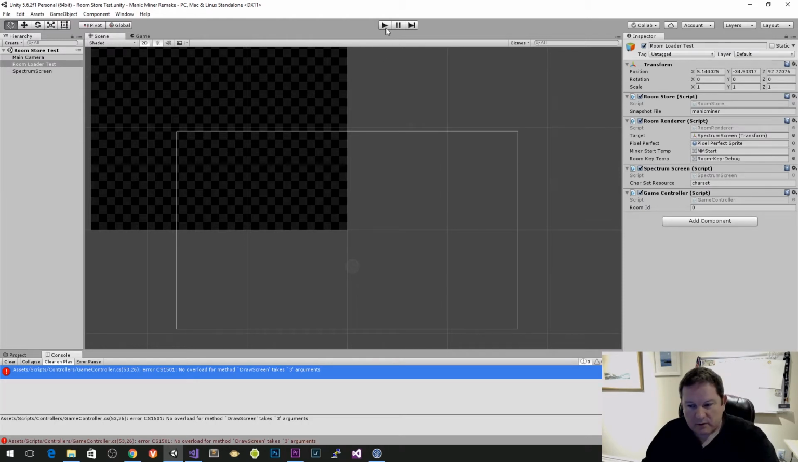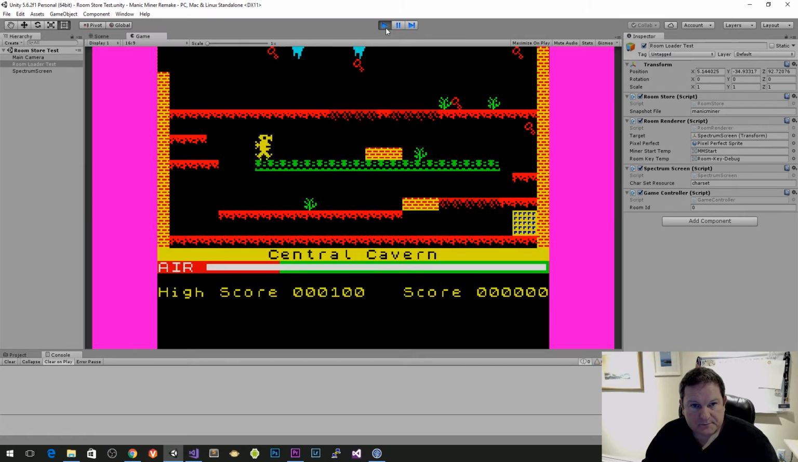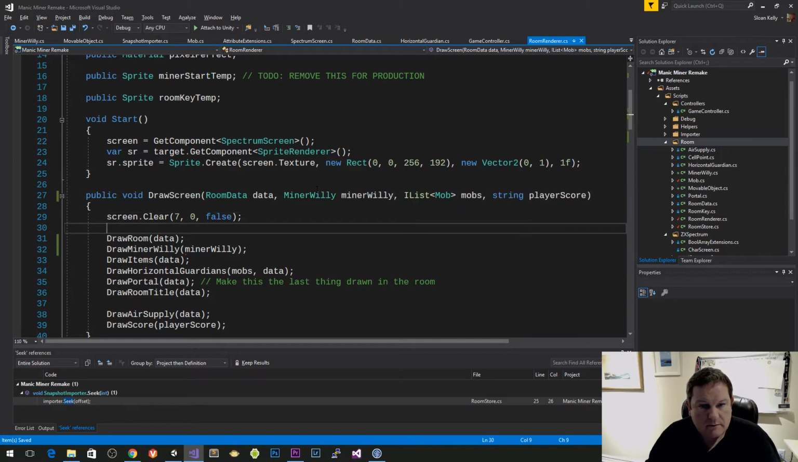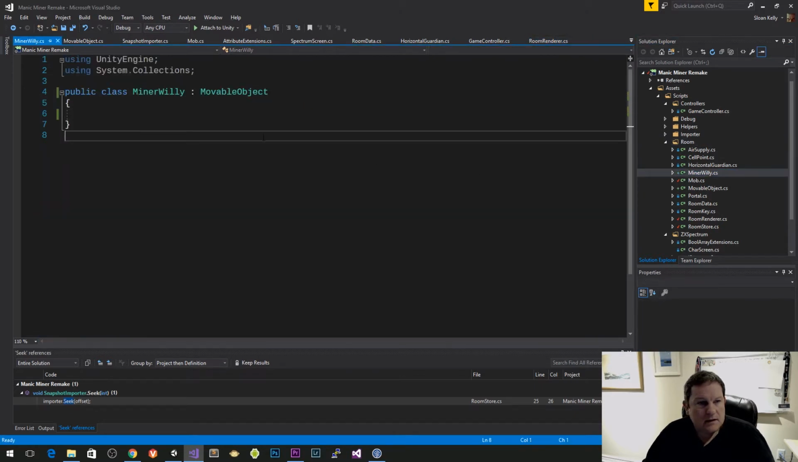So I just want to make sure that we haven't broken anything with the mobs. Okay, that's fine. Right, so now we can break stuff. So there's Minor Willy, and then we're going to pass in Minor Willy, and that's going to be fine. And then Minor Willy is going to have